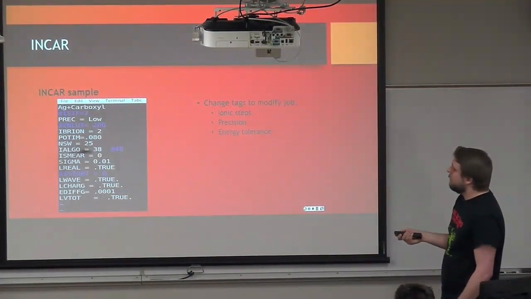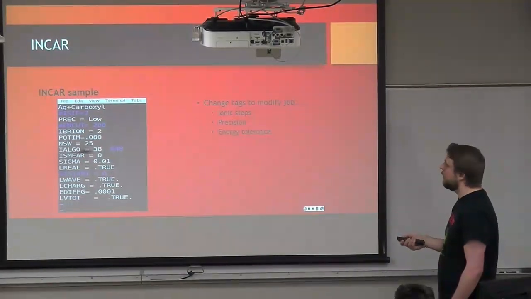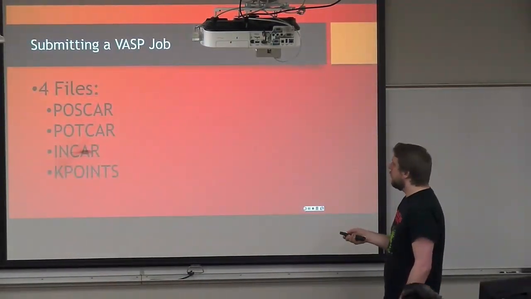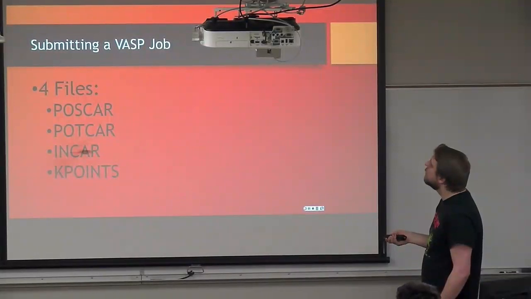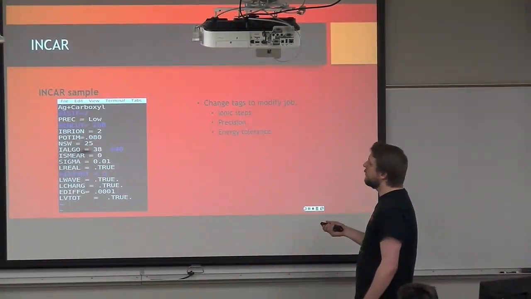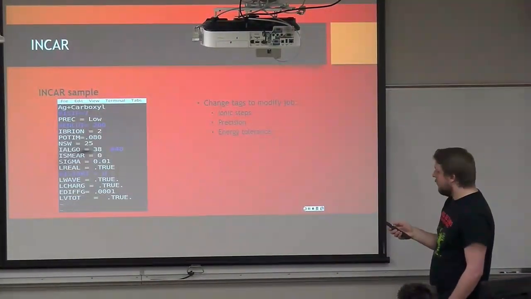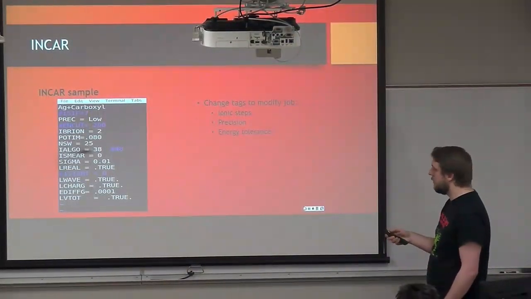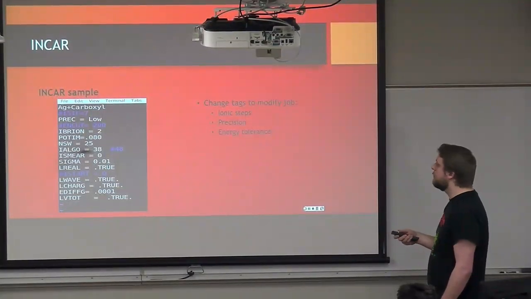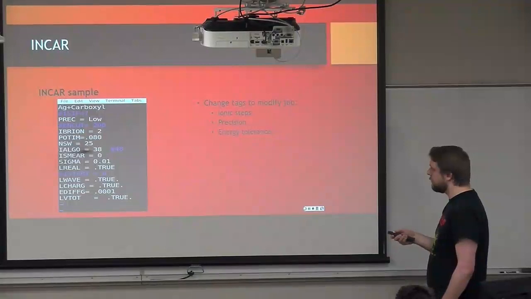If it's a positive number, it'll actually calculate the change in energy for each run. If it's less than that number right now, 0.0001, it'll quit the calculations. If it's greater, it'll keep going. And if you set that number to less than 0, so if I just put a negative sign there, it'll actually calculate forces instead. So it's a similar concept, it's just calculating it with forces instead of energy.